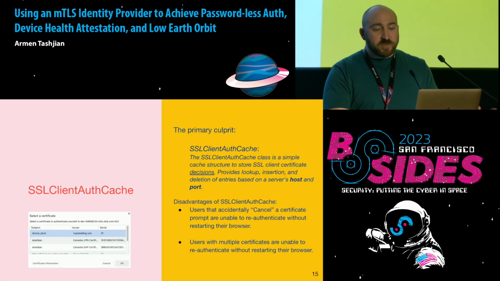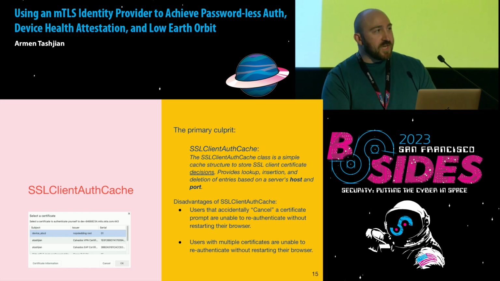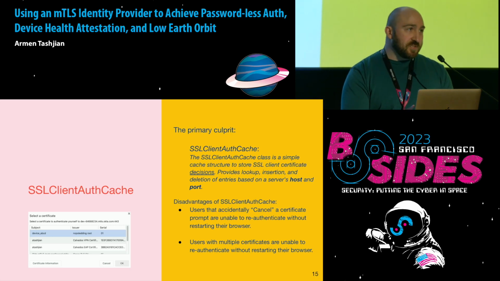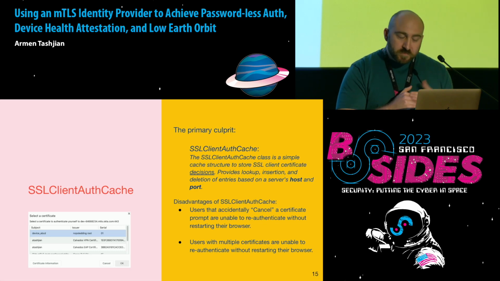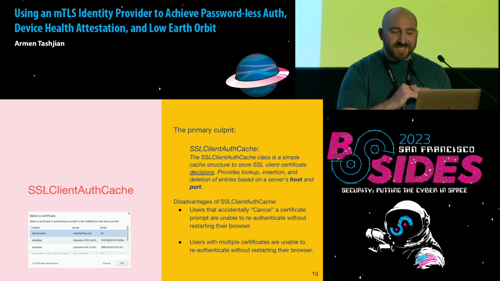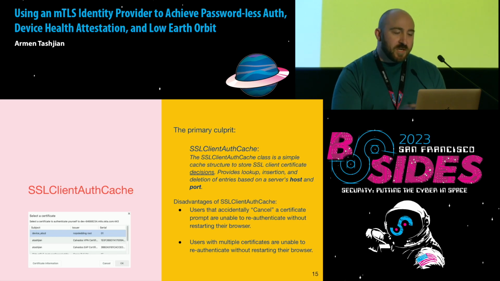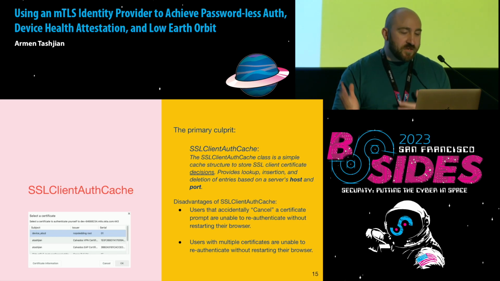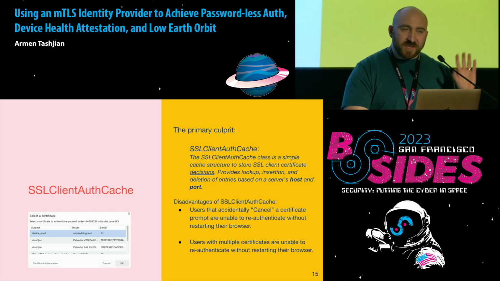So the thing responsible for this behavior is a Chromium cache called the SSL client auth cache. This is responsible for caching the decision that a user makes when they're greeted with that certificate prompt. And so the most notable thing to take away from this is the entries in this cache are based on the host port pair associated with the server or host name that you're trying to interact with. And so if we keep that in mind